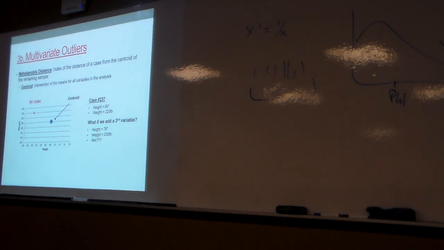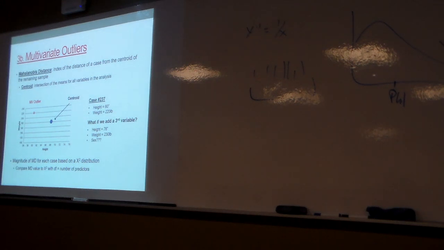So this might be an outlier, but as soon as I throw in a third variable, all of a sudden we've got a case that's way off base of what we'd expect from the rest of the sample. Okay, you can kind of see the idea behind the Mahalanobis distance and how that's working out. Okay, magnitude of Mahalanobis distance. What's nice is we can get a sense for how big this value is.